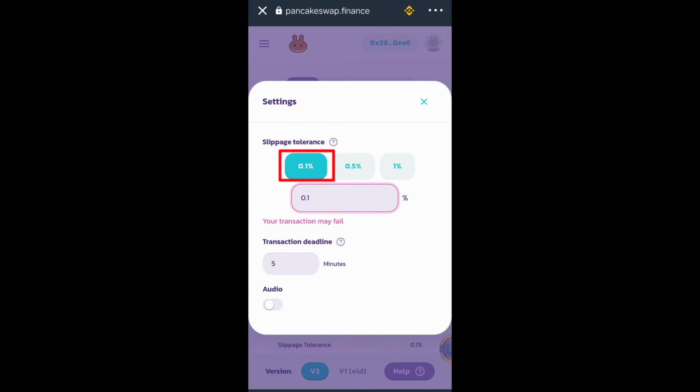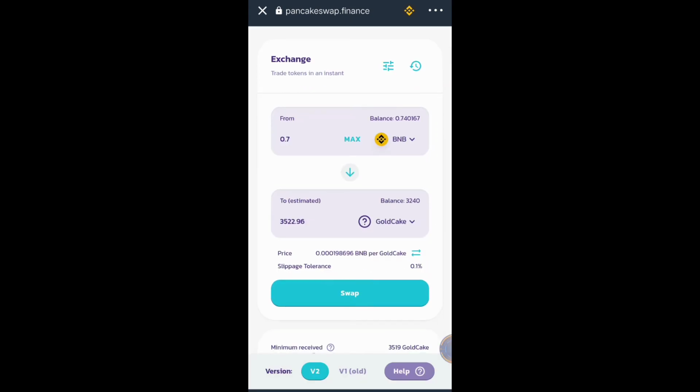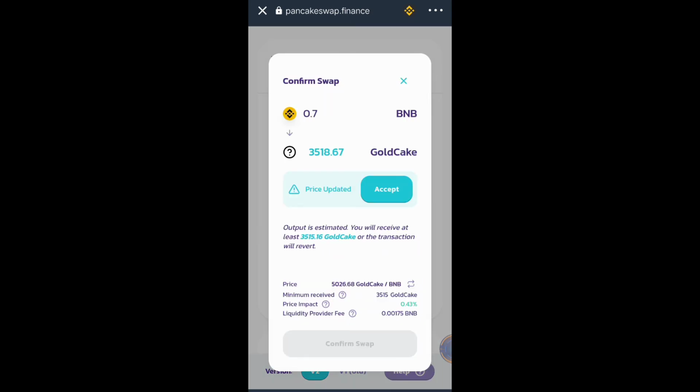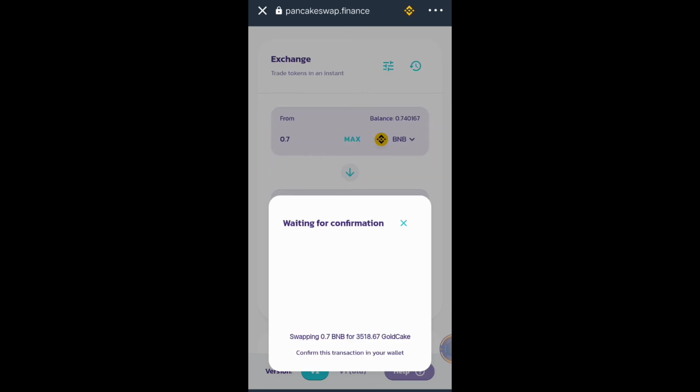Okay, choose 0.1%. We will try 0.1% slippage tolerance. Okay, then click swap. Okay, then accept. Confirm swap. Okay, so 0.1% slippage tolerance is accepted,